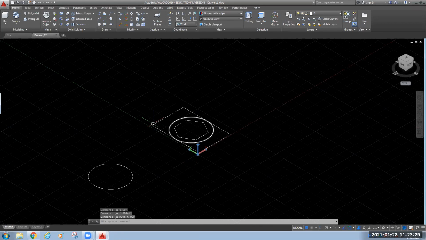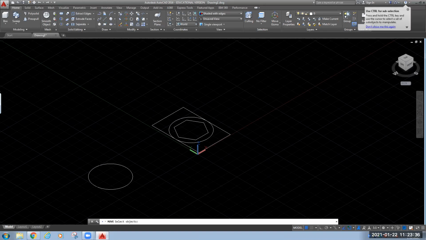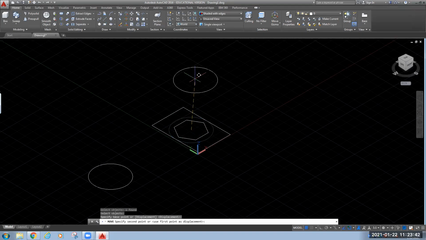Okay, if you want to take it in the positive direction, you need to select the component, click on this move command, select the object, press enter, specify the center location in the upward direction, switch on the ortho mode, keep your cursor in the direction in which you want to move and specify the value that you want to move. Now you can see I am willing to move this at a distance of 10 units.